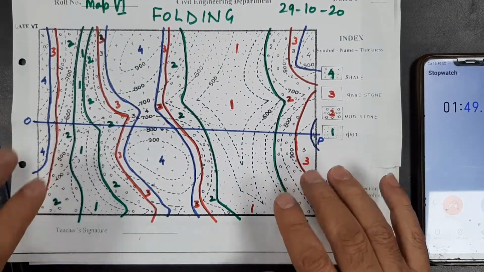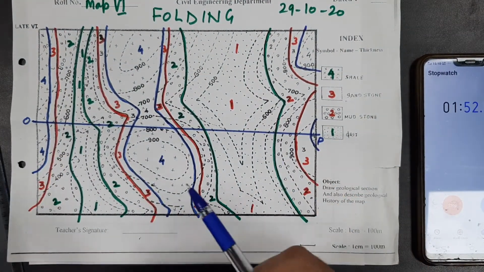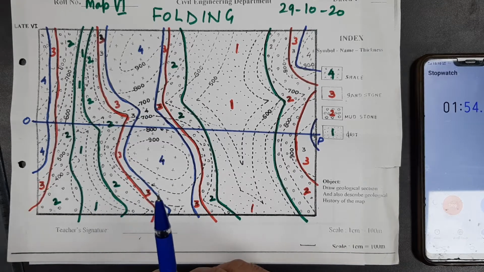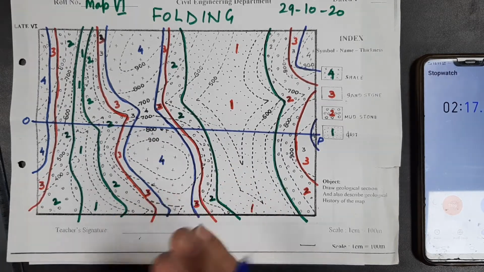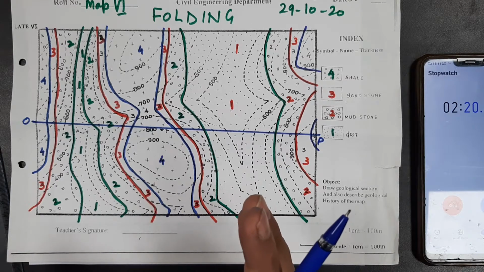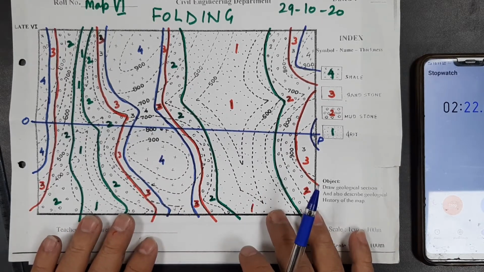So to solve this map, we have to draw strike lines as we have done in almost all the maps. But here especially we have to check each and every contact. Before this map, for one series of rocks, we would just select one contact, draw 2 strike lines, get the dip, and all contacts are put parallel to that angle of dip. But here I don't know where there is going to be a change in the direction of dip.